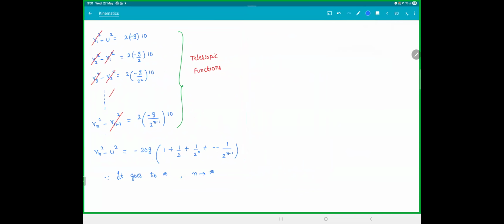N will go to infinity. So this will become v infinity square minus u square is minus 200, times 1 plus 1 by 2 plus 1